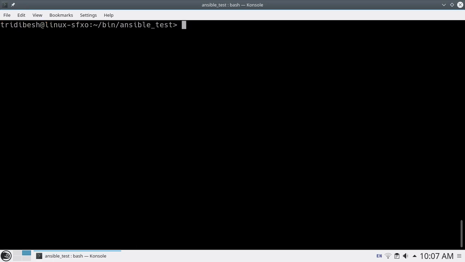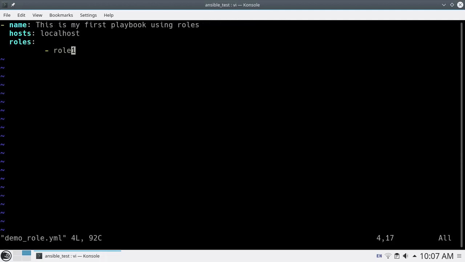Now we will modify our demo playbook. One more thing, we'll add a task here. So let's put tasks, hyphen name. This is a normal task.